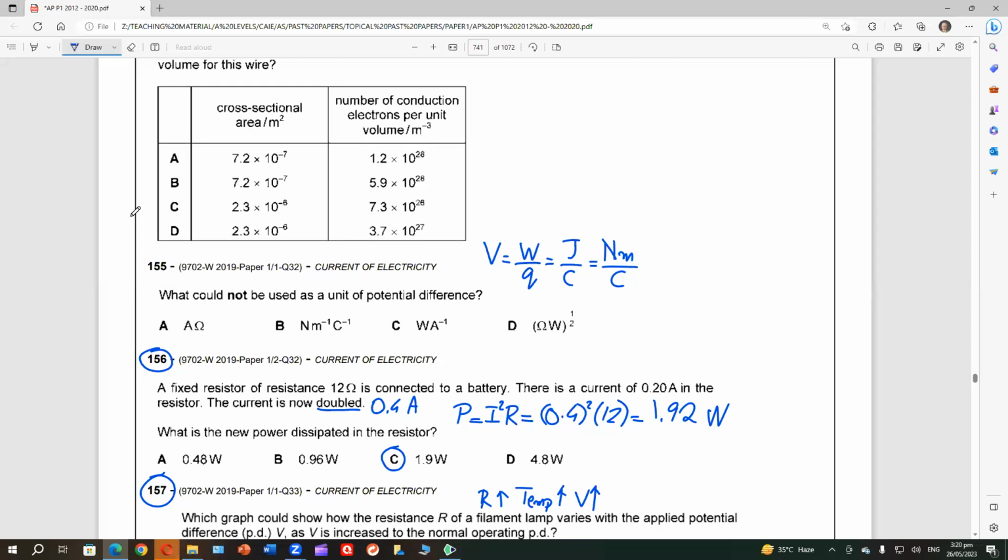Now, this is a bit tricky question because either we should work all the units or we can see what other formulas he might be using, because he's showing one with voltage and one with power also. And this formula, if I work out,